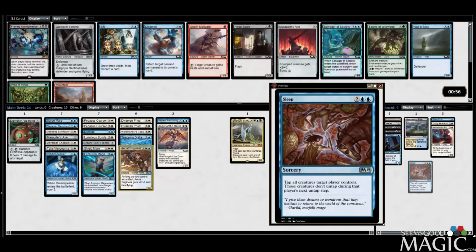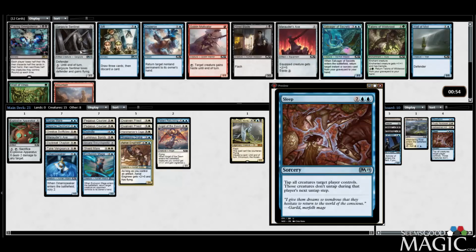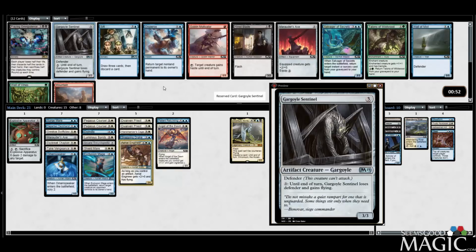I think we're off Sleep, like I said, because we're not beat down. We'll take the Sentinel. Love Sentinel. Good in a vacuum. At its best in our deck. It's also a Sift, but...